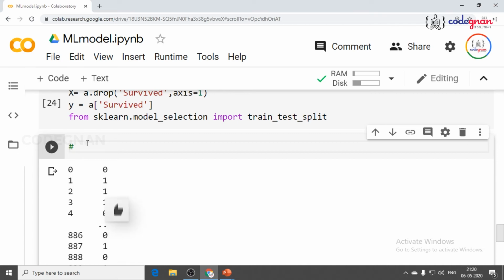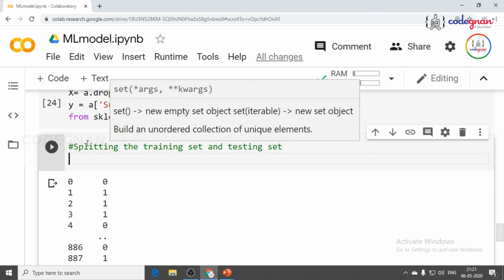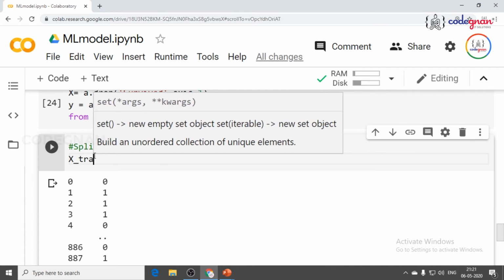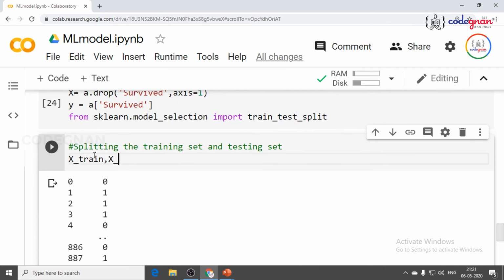Now you go for splitting the data, that is, splitting into the training set and testing set. So I define my X part into X training part and X testing part.